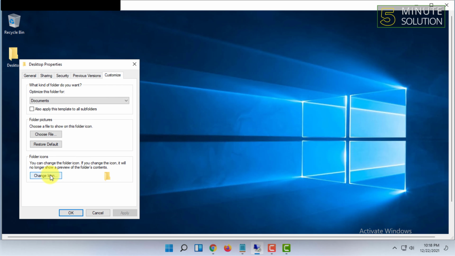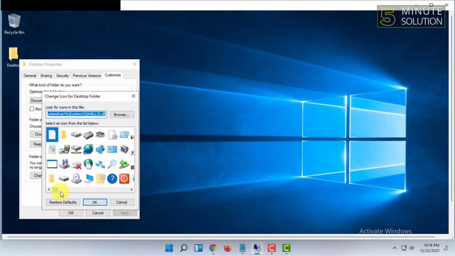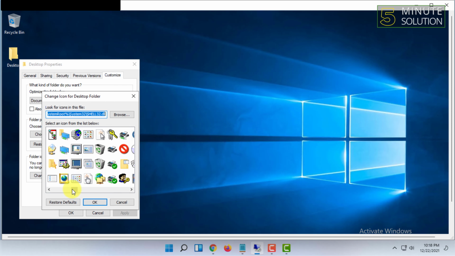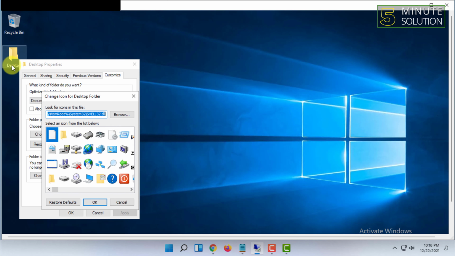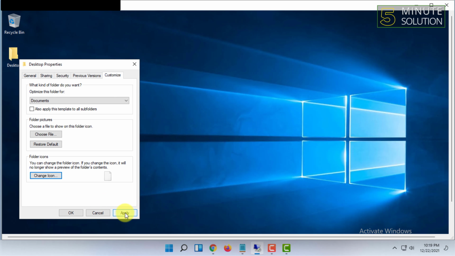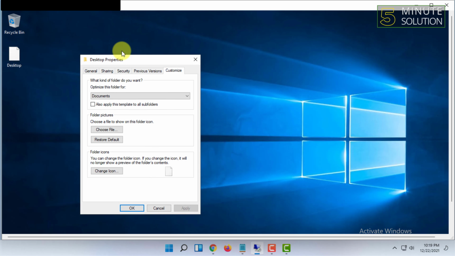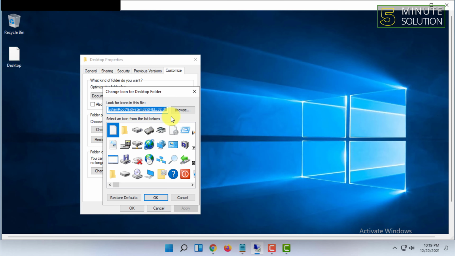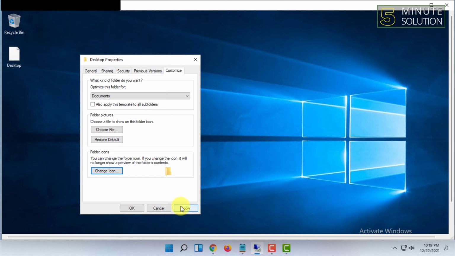From here you have to click on change icon, and from here you can select the icon matching the text and simply click on OK. So that's how you change an icon. You can see it generated an icon. So you can fix that blank icon problem by doing this. This is one of the options,